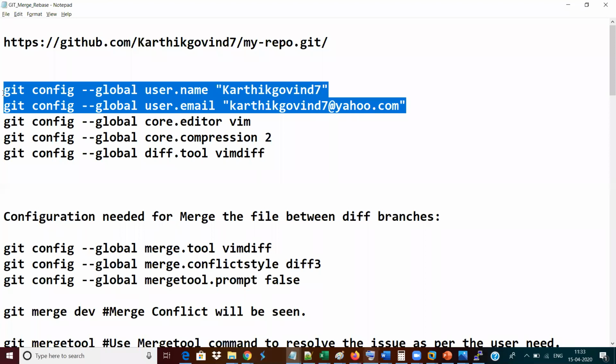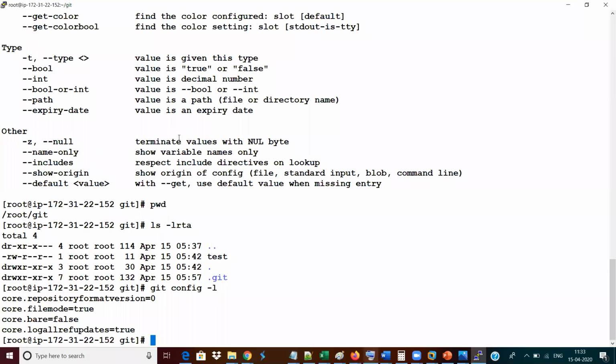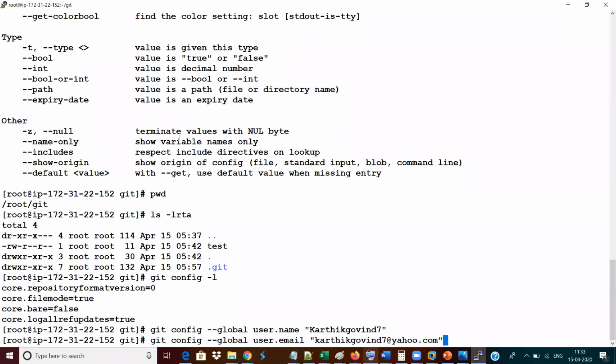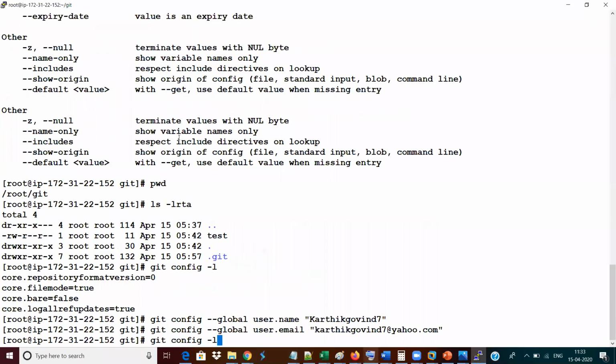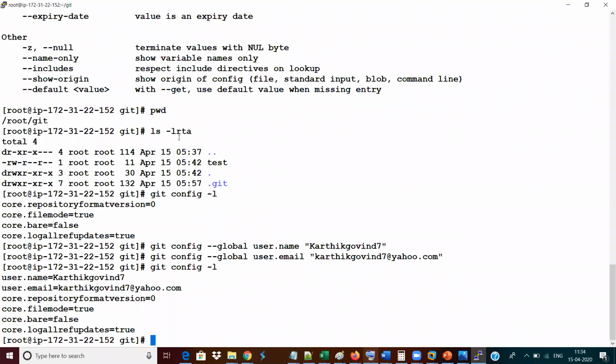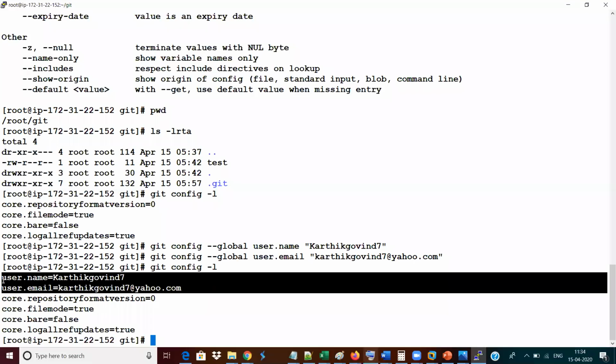So what I'm going to do is git config --global user.name with the username I'm going to give, and my email ID I'm going to give. If I add these particular details to Git, then Git will start to add them under my config information, where you can see the configuration. Check out git config -l, which will now have the information about my config. So now if I do any activity in the log, it will capture my information.